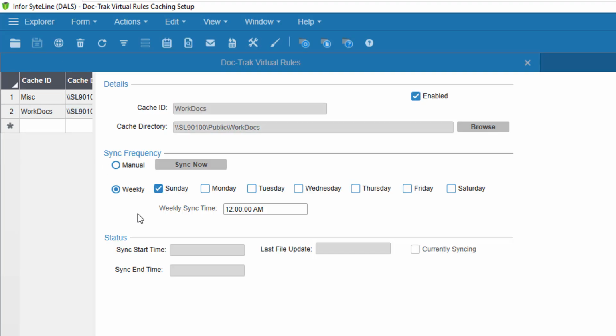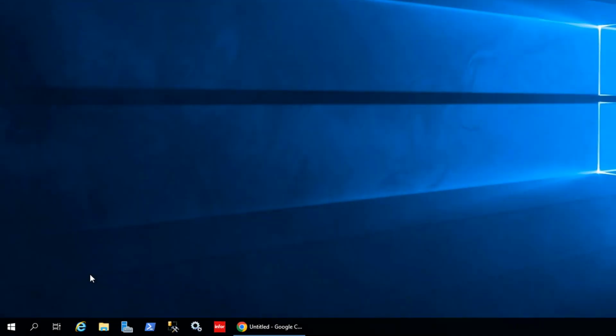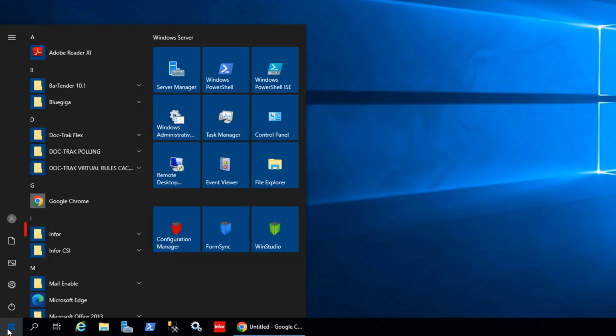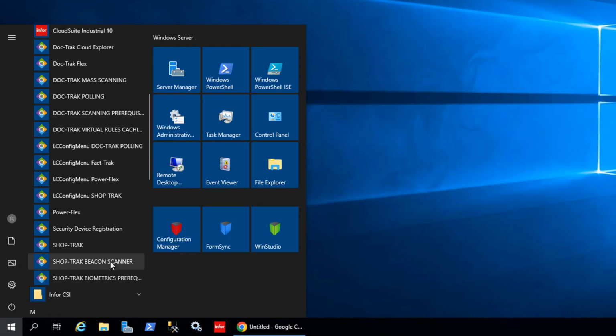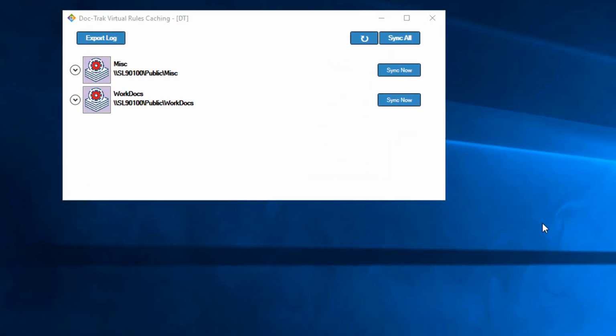Okay, now for our next step, we'll go over to the utility server. Here, I'm going to run the DocTrack virtual rule caching client from the Infor folder. And here it is.